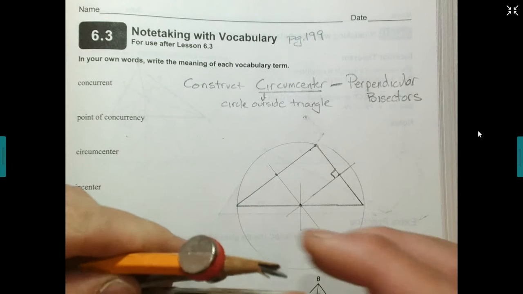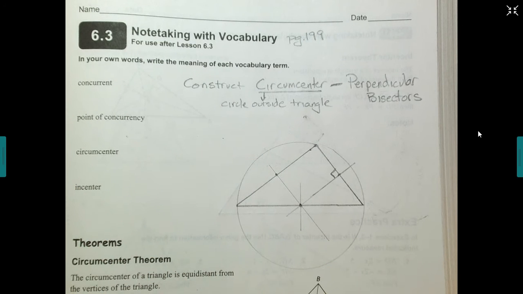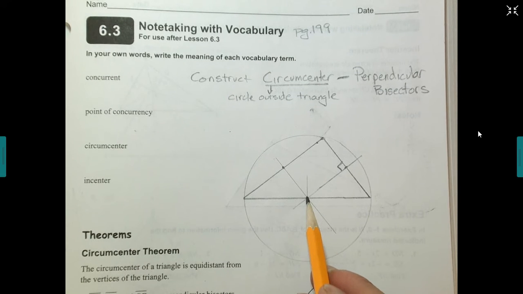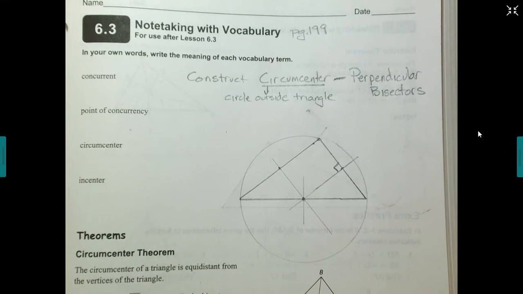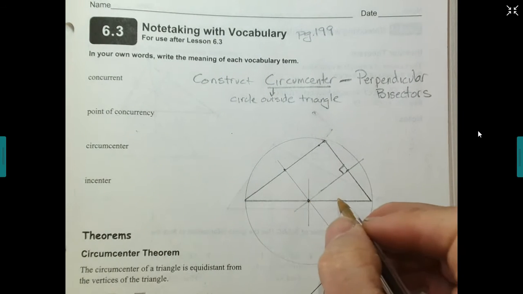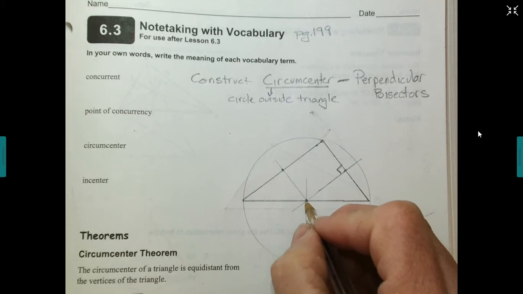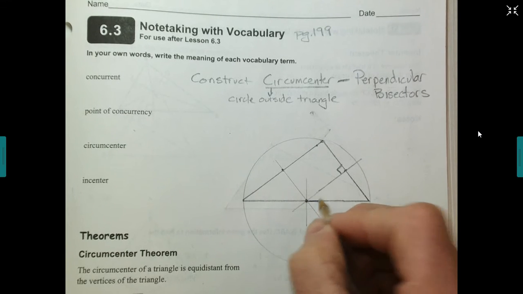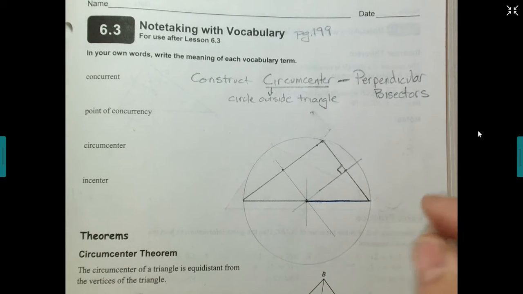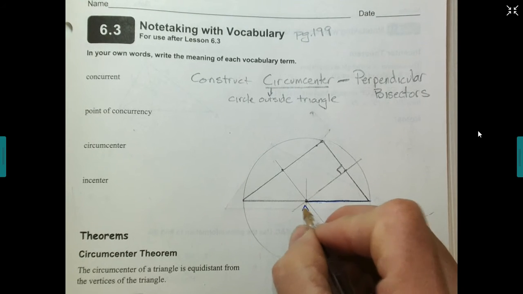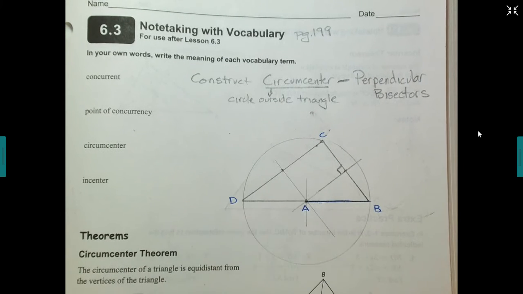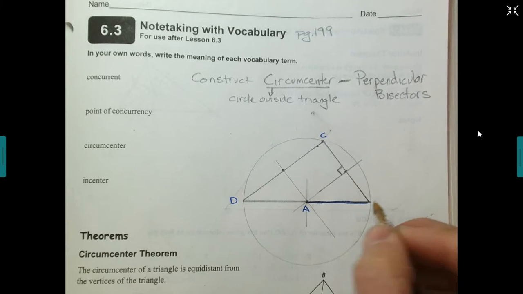Oh, and I broke my lead. But there it is. Perfect. It does. So this is the center of my circle, right? And so what this shows is that this line, I wish it wasn't right on this line, but this line, let's call this A, B, C, D. That AB